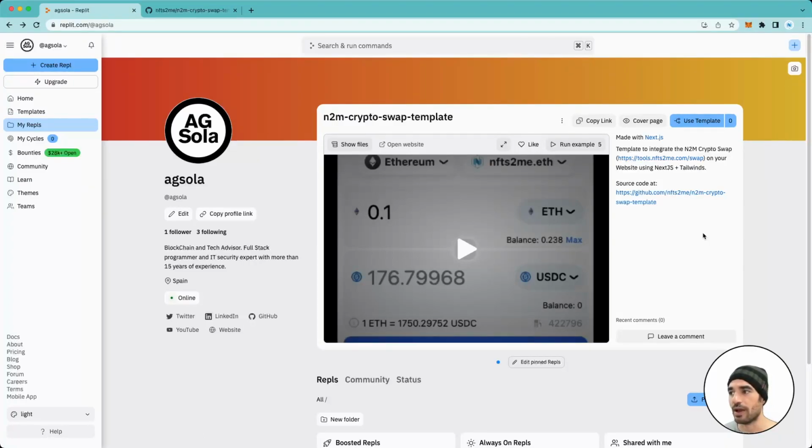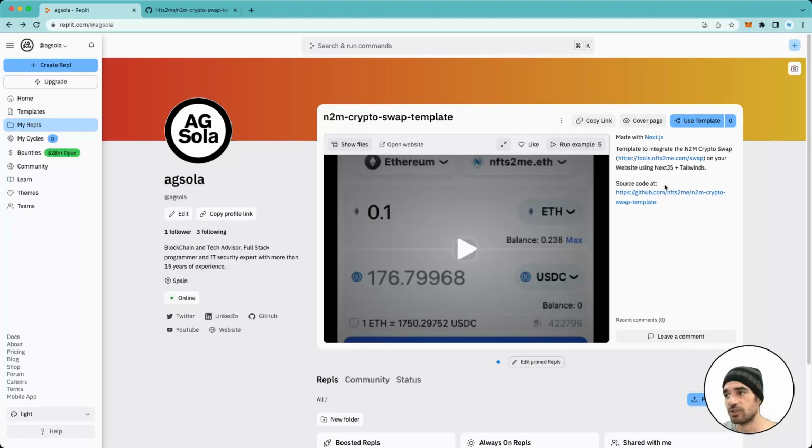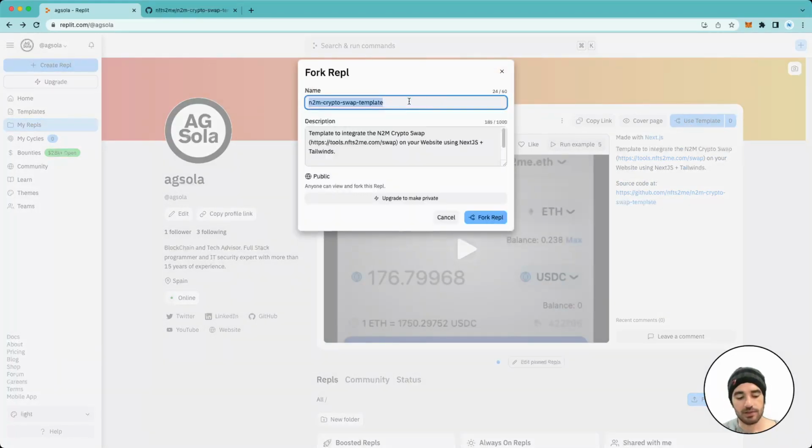Welcome to this video where I'm going to explain how to use the template to integrate your own crypto swap on your website using Next.js and Tailwind. This has been developed for Alchemy under the Replit bounty, and as you can see, it will be very easy to use. First, we can just use the template from Replit,